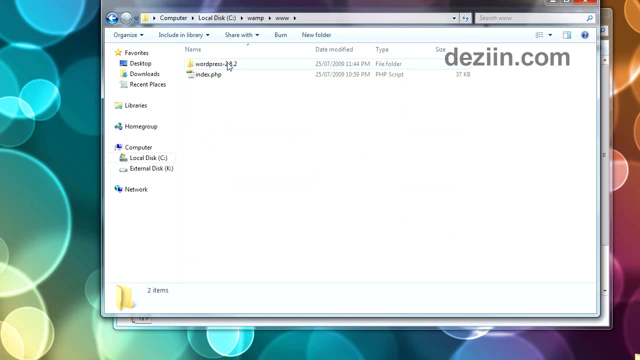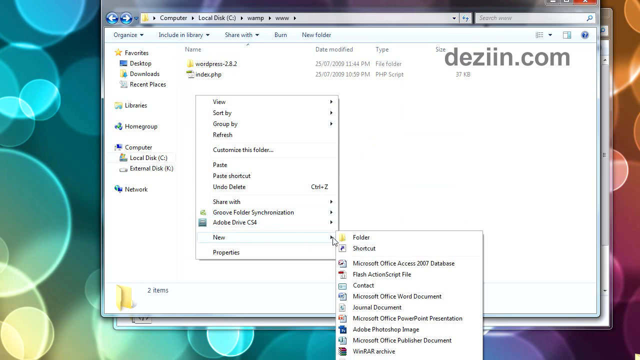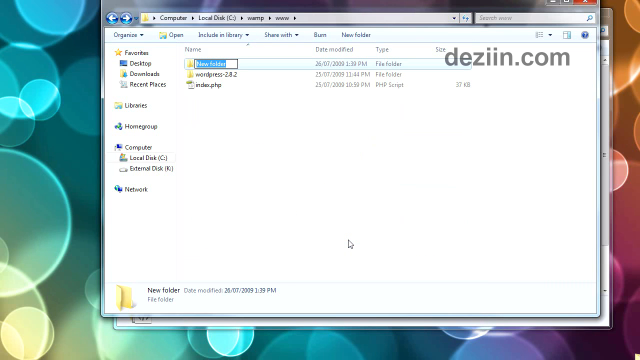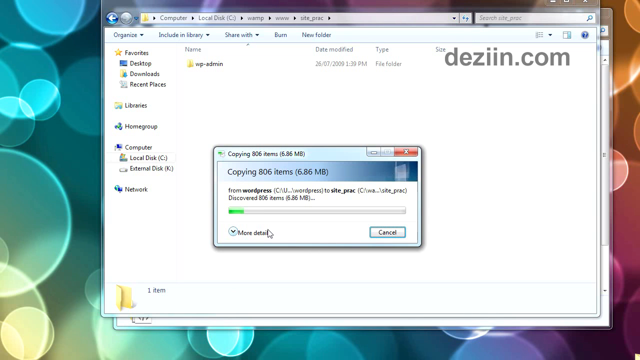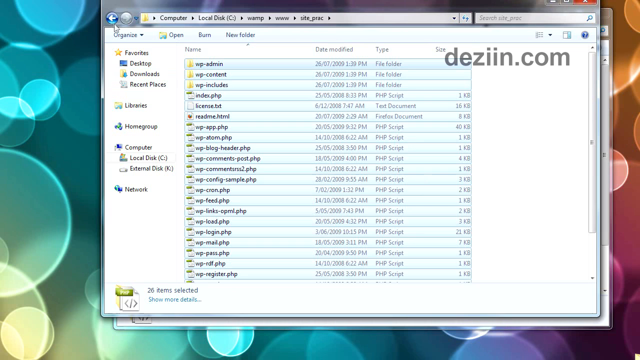As you can see, I've pre-copied it, and I've actually copied the wrong folder. I'll just copy over the new installation. We'll call this site prac, and just paste all those files. To do that, hold down Control key and V. The WordPress software isn't very big. Okay,